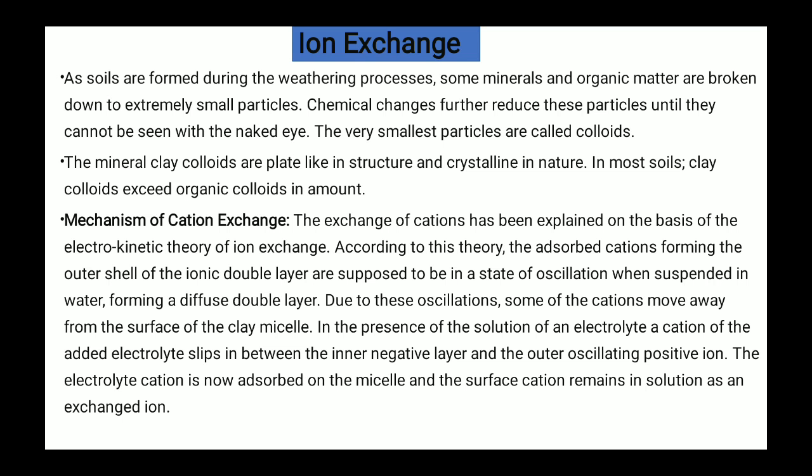Mechanism of this cation exchange. How does such an ion exchange happen in the soil? As we know, the exchange of cations has been explained on the basis of the electrokinetic theory of ion exchange. According to this theory, the adsorbed cations forming the outer shell of the ionic double layer are supposed to be in a state of oscillation when suspended in water, forming the diffuse double layer. Due to this oscillation, some of the cations move away from the surface of the clay